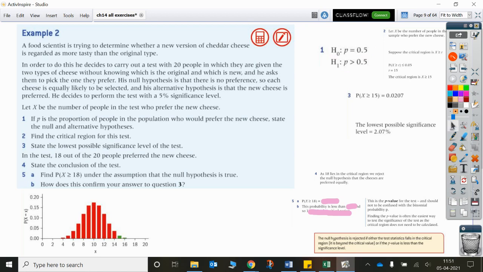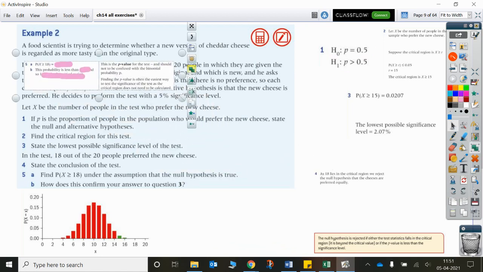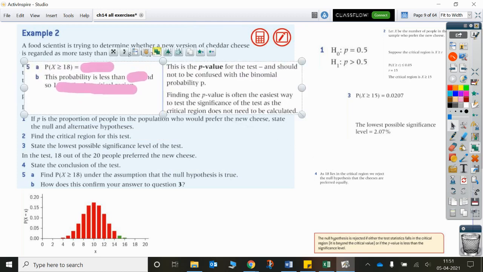So again, let's have a look at that. For 5A, what are they saying? They're saying that the probability of getting x greater than or equal to 18 is 0.000201. Now, there's 2 ways of doing this. And again, this is actually really important, okay? So what we're finding here is the p-value for the test, the probability that x is greater than